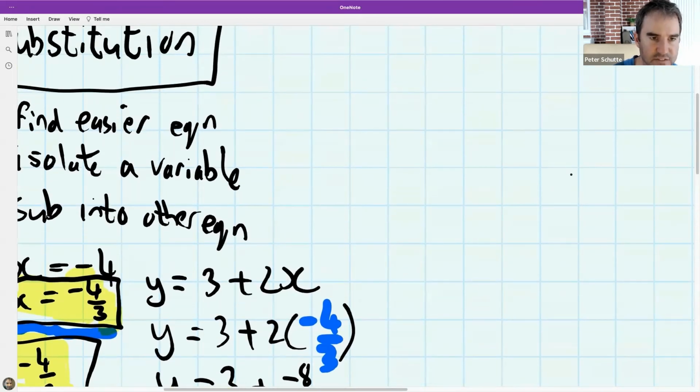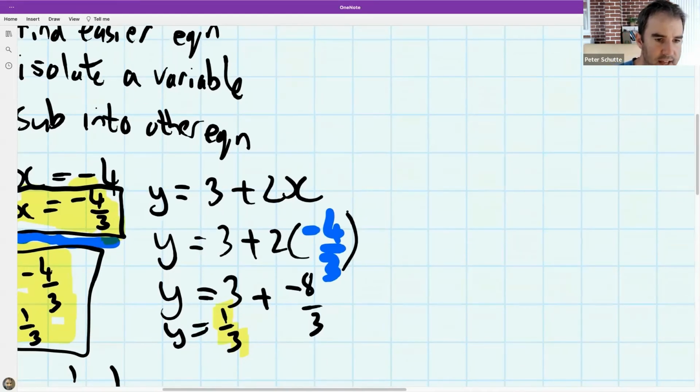And I said, well, what's the value of x that we've got now? What we've got is we know x is minus 4 over 3. And so I sub in